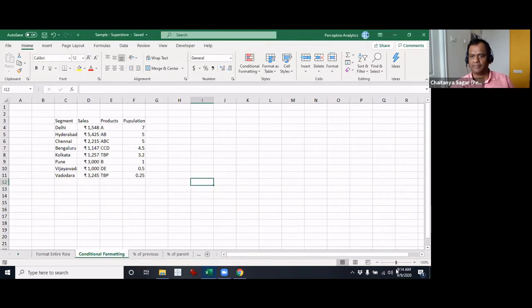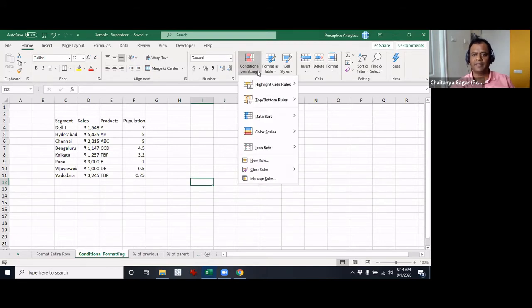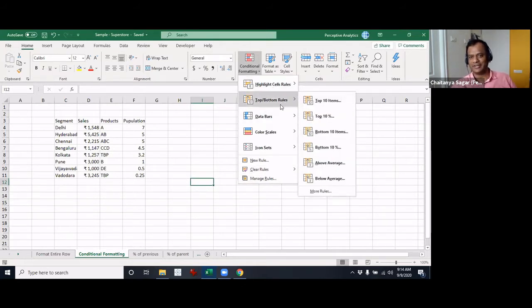Okay, so I'm sure you guys are aware, but this is where you get conditional formatting, right on the top, and there are various options. I think today we will understand how this works. We may not have used all of them, but we will get to know all of them. So that's what we'll do today.